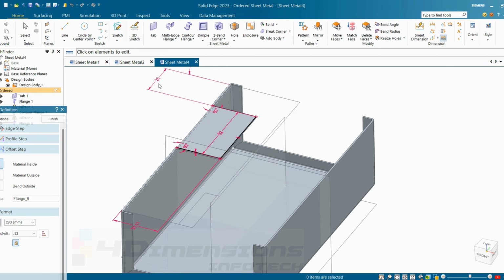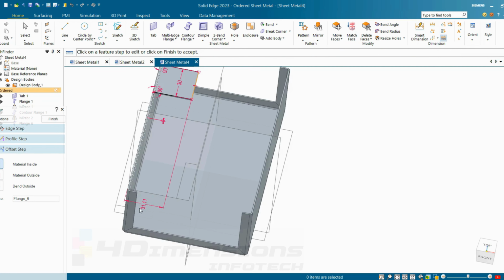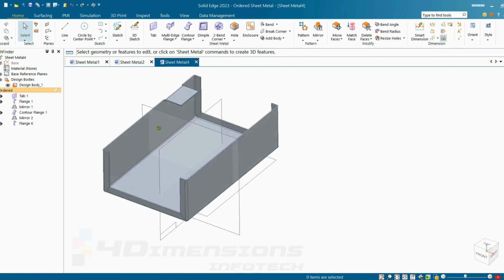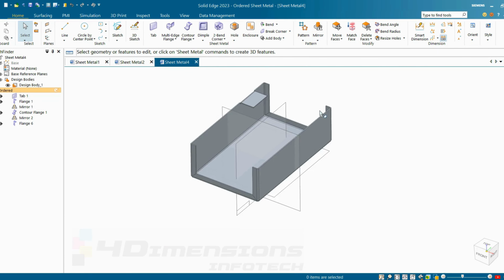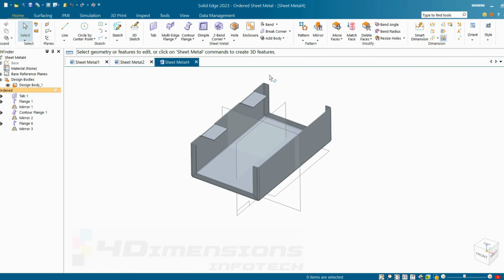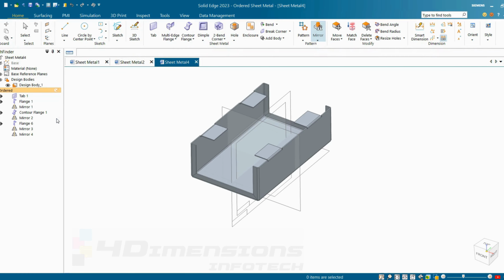So I'll change this offset distance. I'll say this as 20 mm only and this width I require is of 30 mm and I want to change this value here. I'll say it as 20 mm again. Say finish. Next I want this flange on the other side also. I'll say mirror. So for that I'm going to select the flange, say mirror, select the reference plane, say finish. Again I want both the flanges to be mirrored on the other side, opposite side. Select both the features here. Again go for the mirror, select the reference plane and say finish.